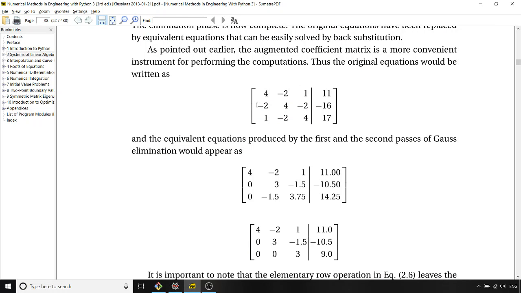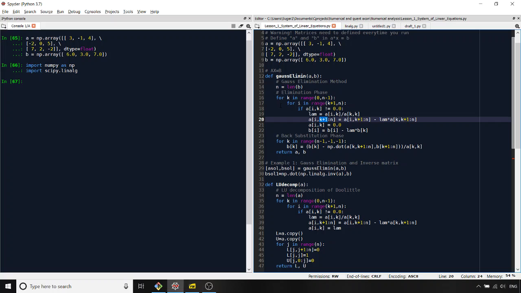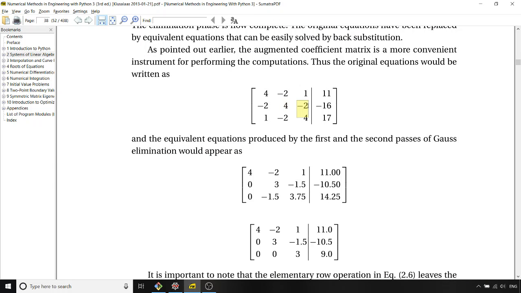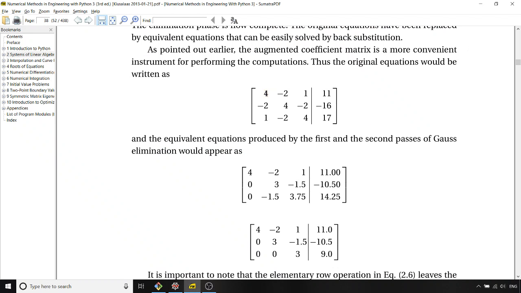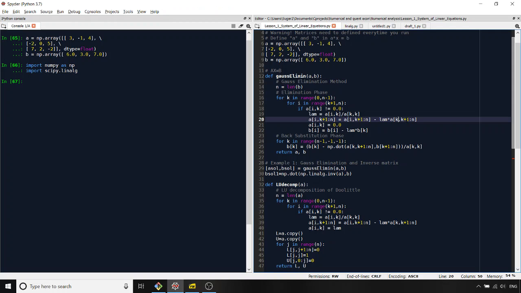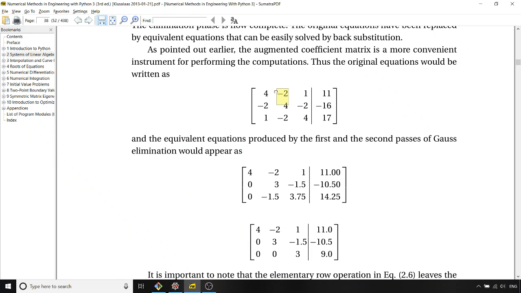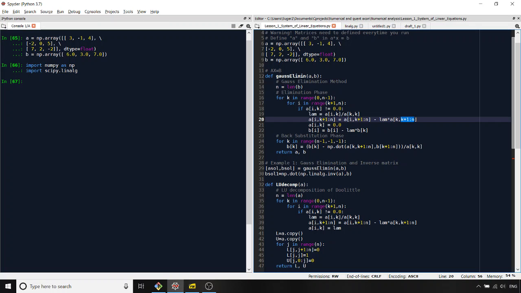So from this, and these guys will be here and here, and we multiply this first guy. This is here, this k is here, k1 is this, so k for first row and k1, and then this